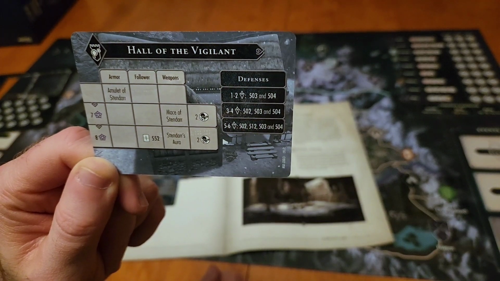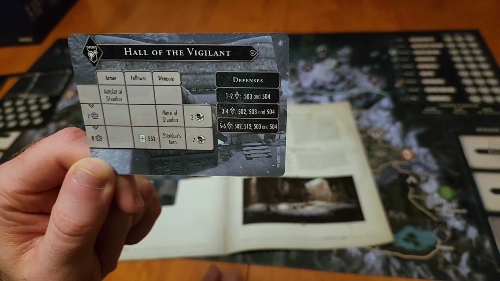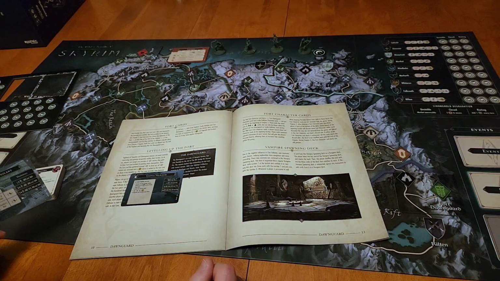3 and 4 gain us 502, 503, and 504. 5 and 6 gain us 502, 512, 503, and 504. Whatever that means. I guess we'll figure out defenses. On